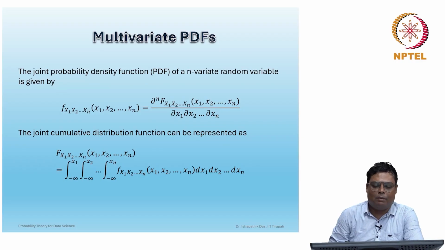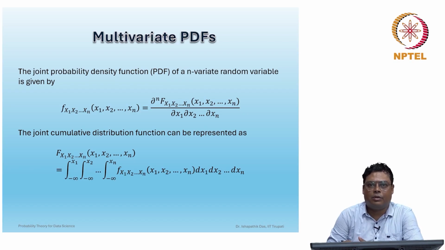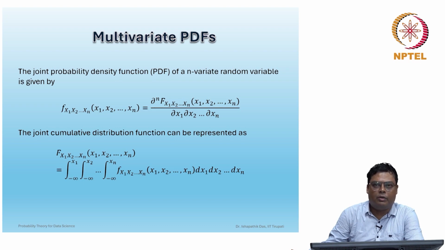We will discuss multivariate probability density functions. After completing the multivariate distribution functions, we also discussed the multivariate probability mass function and its properties, and how to find the probability mass functions. Here also we will learn how we can define a joint probability density function for multivariate random variables. Now you can remember when we discussed